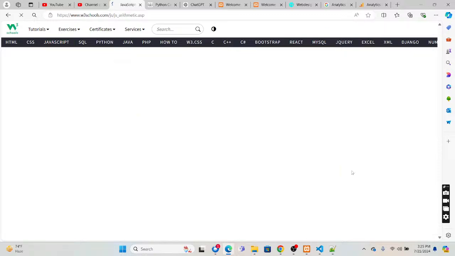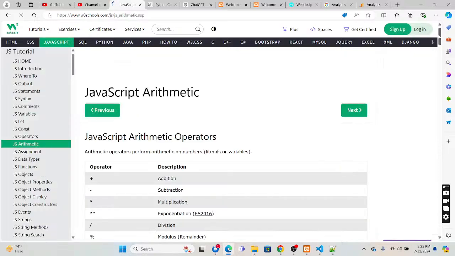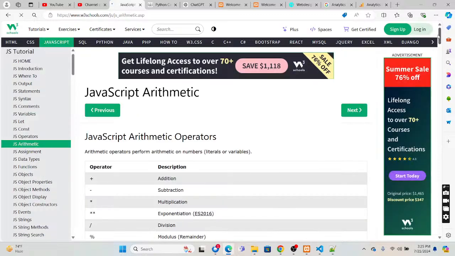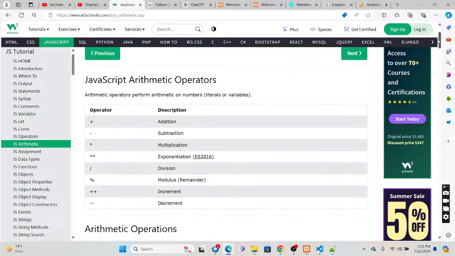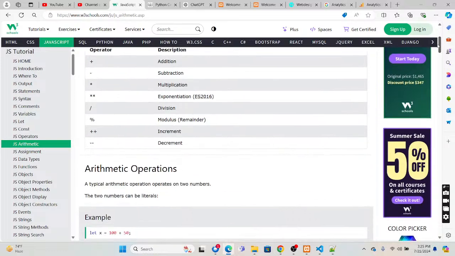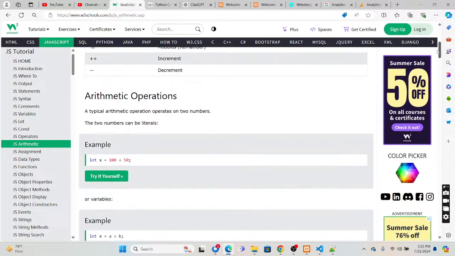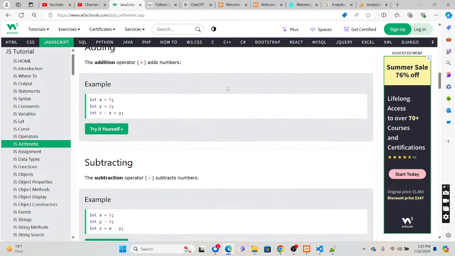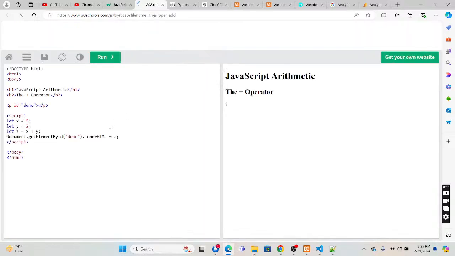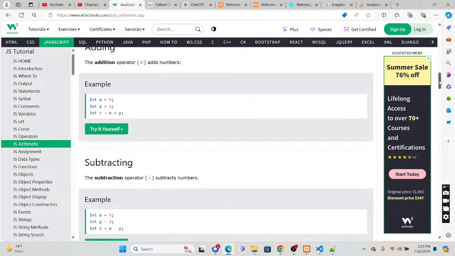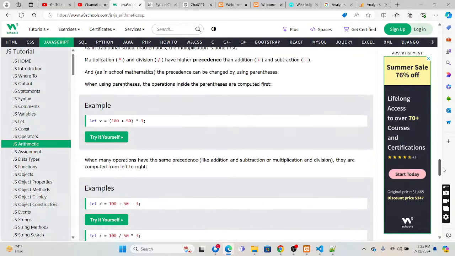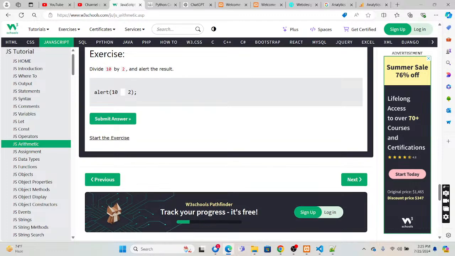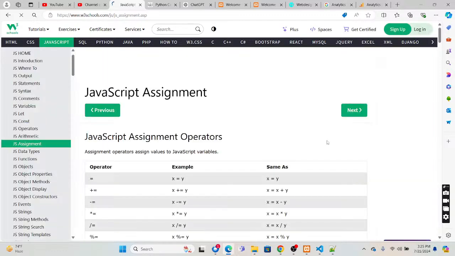Come back and go through it multiple times. What are the arithmetic operators we have seen? Plus, minus, star, exponentiation, division, modulus, plus plus. These are standard in any programming language. You just click on it and see the result of the arithmetic operators. You can easily understand.